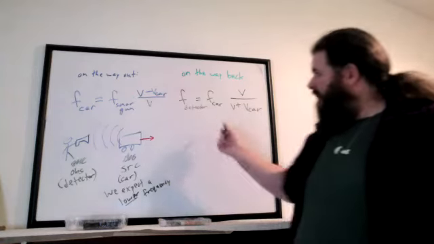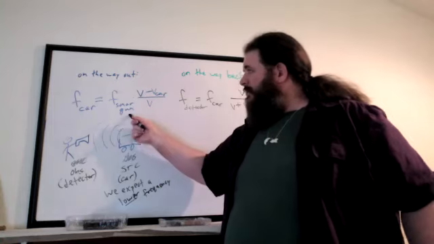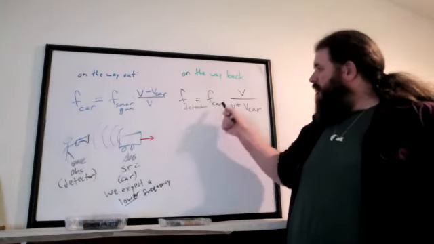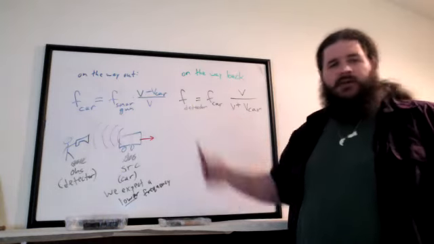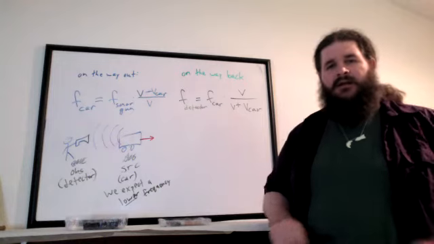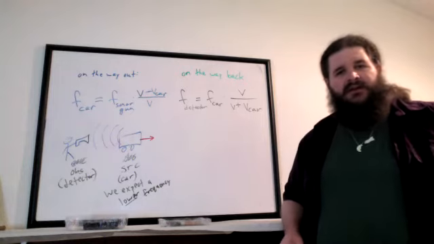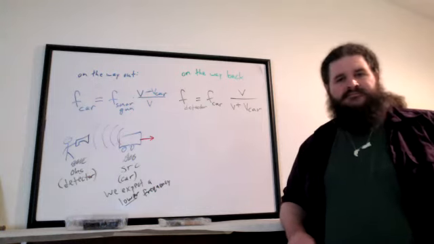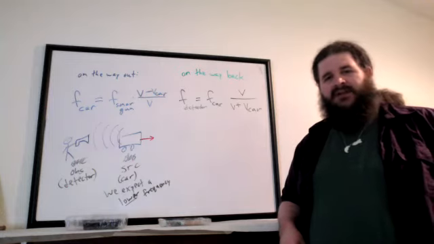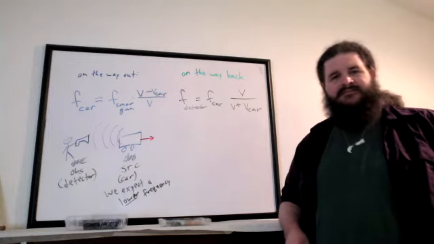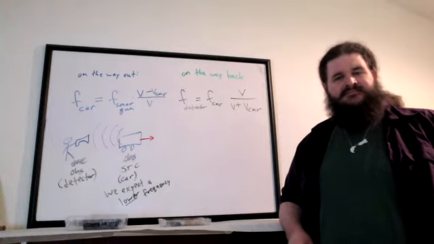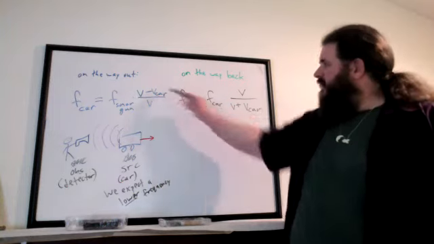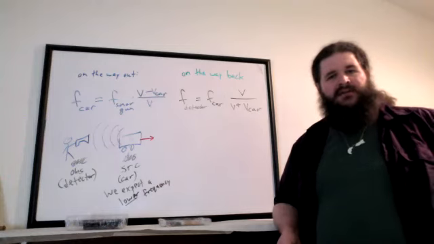So we now have two equations linking frequency that you create with a sonar gun and frequency received by the car, and another equation linking frequency bouncing off the car and frequency received by the detector part. How could we combine these equations together? What do these equations have in common? The V car. It's the same V car, and presumably that's the unknown we're trying to find.